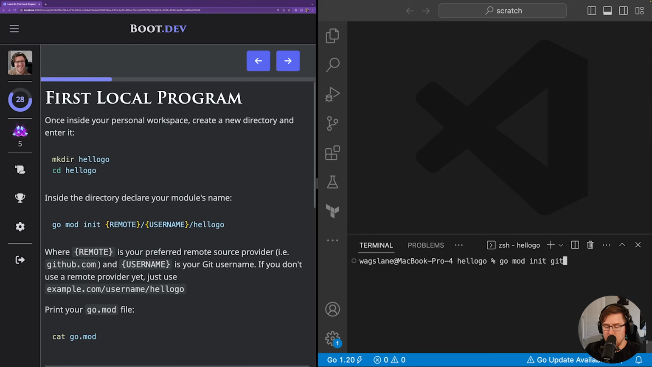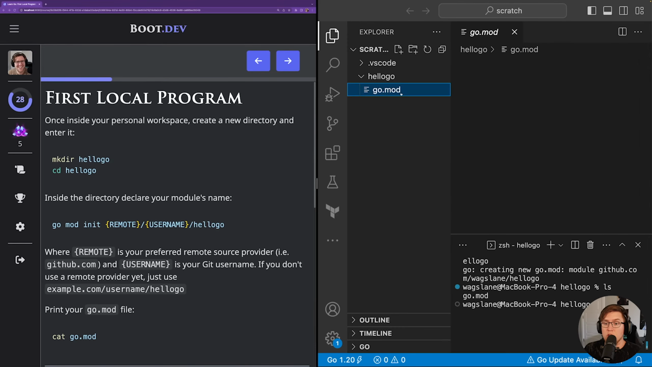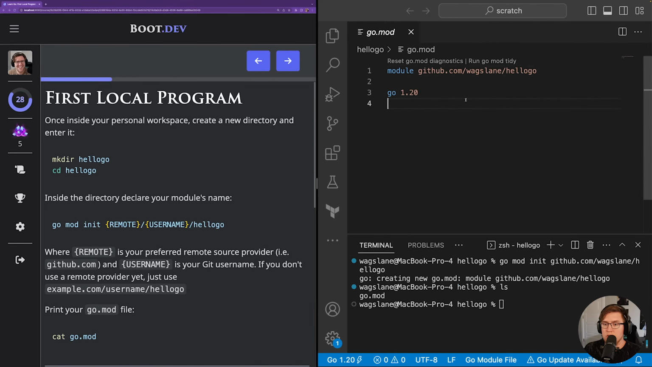I keep all of my code on GitHub, so I'll do github.com/ my username, because that's my namespace on GitHub, so Wags Lane, / the name of this project, which we're just calling Hello Go. Cool. It says Go creating new module. Now if I ls, I should see that new go.mod file. Next, let's go ahead and take a look at that file. So you can see it just created a new module, github.com/waxlane/hellogo with the Go version, and there are no dependencies yet, so there's no other sections to the Go module